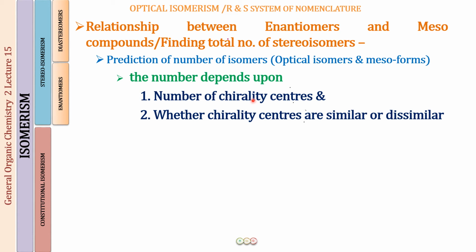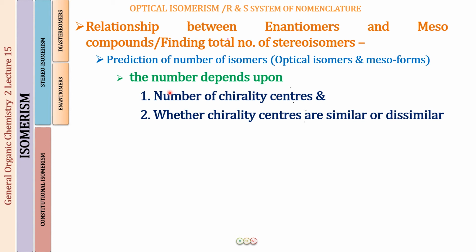So what I mean is, supposedly we have one chirality center, which we have done in the previous lecture. You know that if one chirality center is there, then the compound is going to be optically active. That compound has a non-superimposable mirror image. They form a pair of enantiomers, or a pair of optical isomers. There will be no meso form. That is not what we are discussing in this lecture. What we will be discussing is 2 or more than 2 chirality centers, where a large number of stereoisomers is possible.